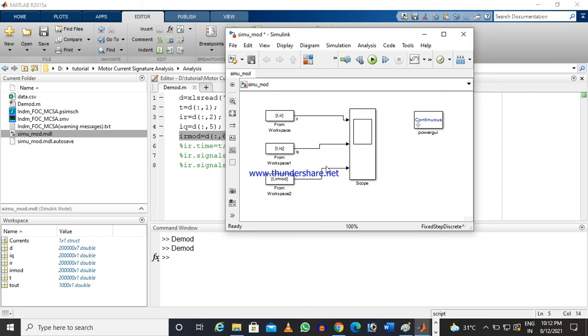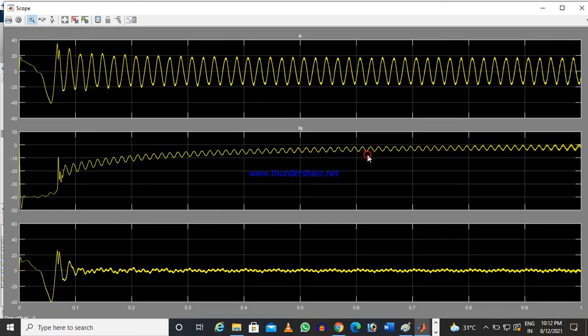So this is the simple Simulink model I have created. If I run it, in the oscilloscope you will be able to see the waveforms.